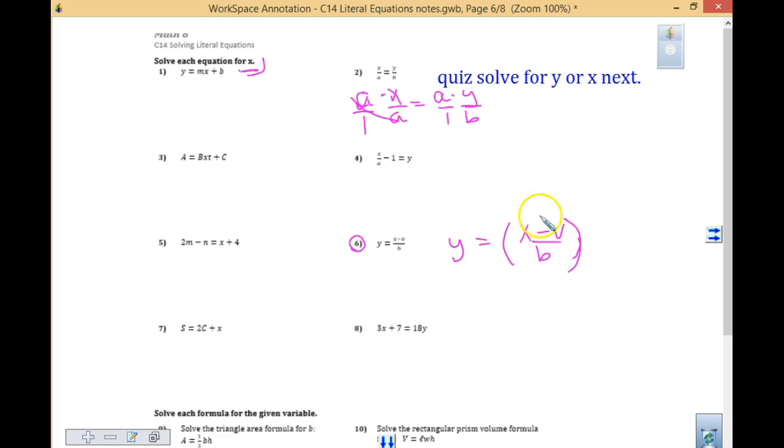So if I'm trying to get that x minus b by itself, as I look at the problem, Caitlin, what do you think I need to multiply by on both sides? I'm going to multiply by b. Because if I multiply here by b, that's like b over 1, that cancels my fraction, okay? So hopefully from that point you know how to proceed as you are looking